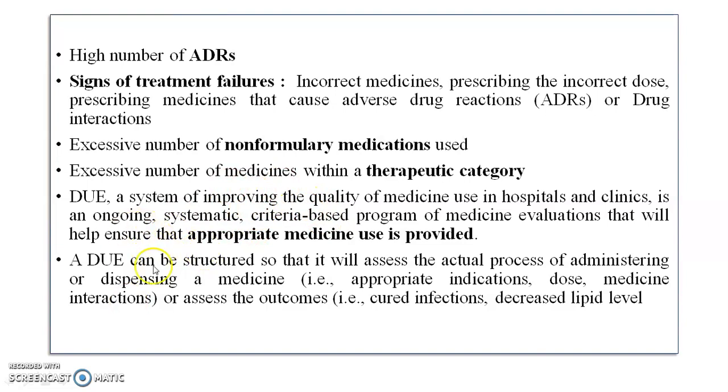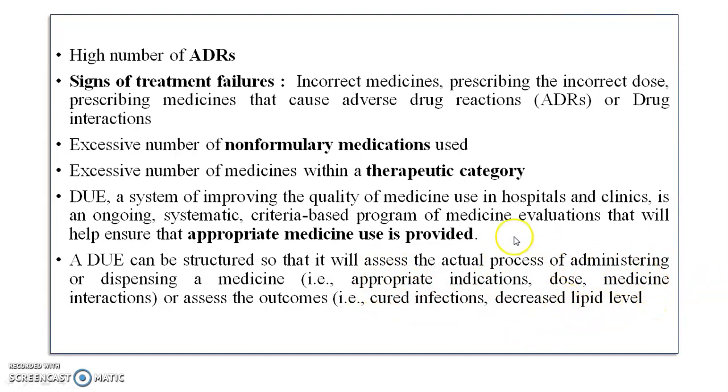This DUE study is structured so that it will assess the actual process of administering or dispensing a medicine, by checking appropriate indication, appropriate dose, as well as drug interactions, or assessing the outcome in the patient, that is, whether the particular infection is cured or not, decreased